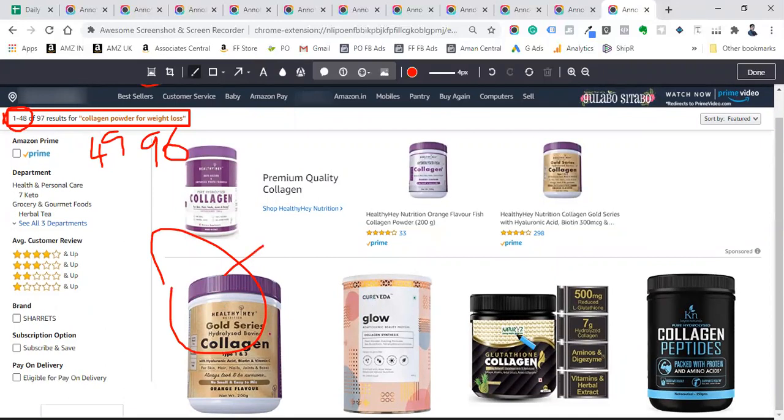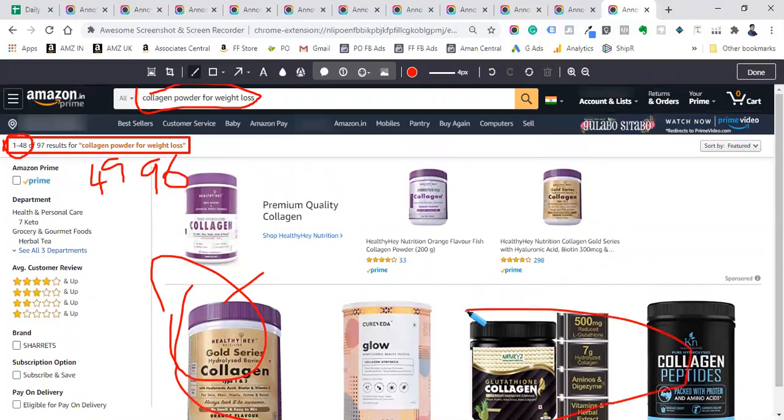We ideally want to be in the top 5 positions. The top 4 positions will be sponsored ads. You can leave that. Below the sponsored ads, you will see the organic ranking. That is where we want to rank our product, in the top 5. Initially, we will be in 100 plus positions. After a few days, you will come into the first 2 pages of results. Then you will be able to easily find out which position we are in.